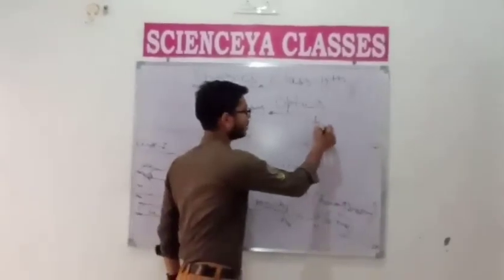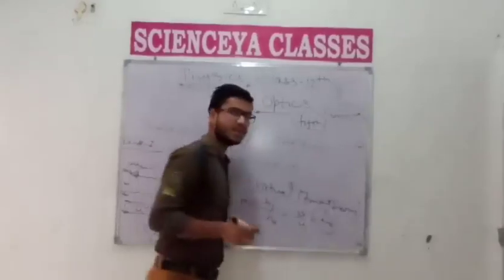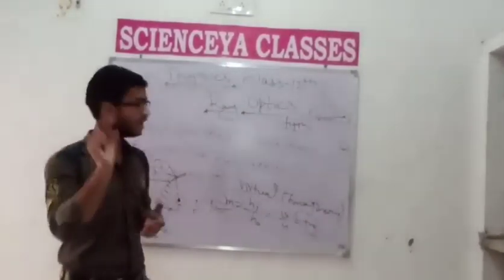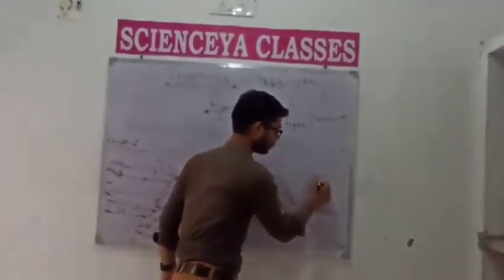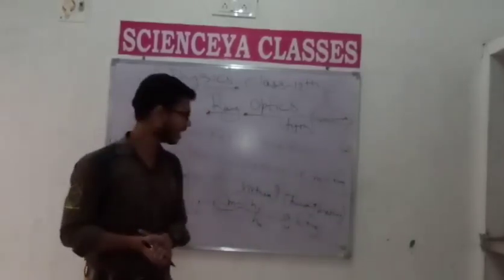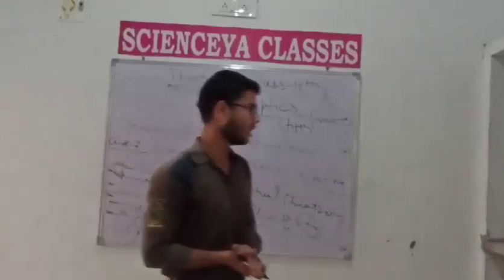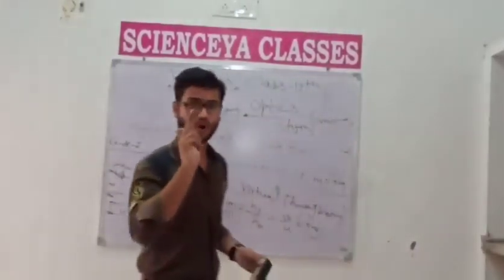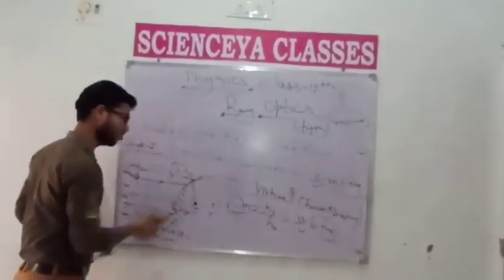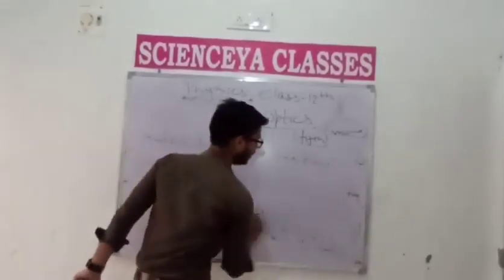So starting with the fifth case for a concave mirror, the linear magnification is negative. So simply you must notice here that if the linear magnification is negative, this is a concave mirror, and if the linear magnification is positive, this is a convex mirror. Generally the linear magnification for a convex mirror is always positive. Only in one fixed case of a concave mirror is the linear magnification positive. Understand, this is normally one case, and the other case is when the object is placed between infinity and the center of